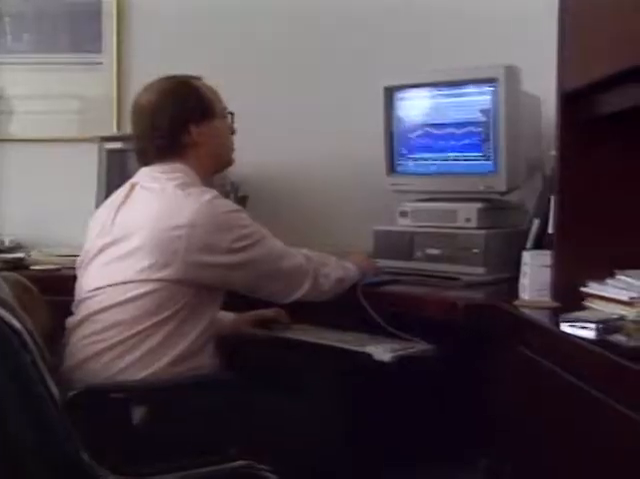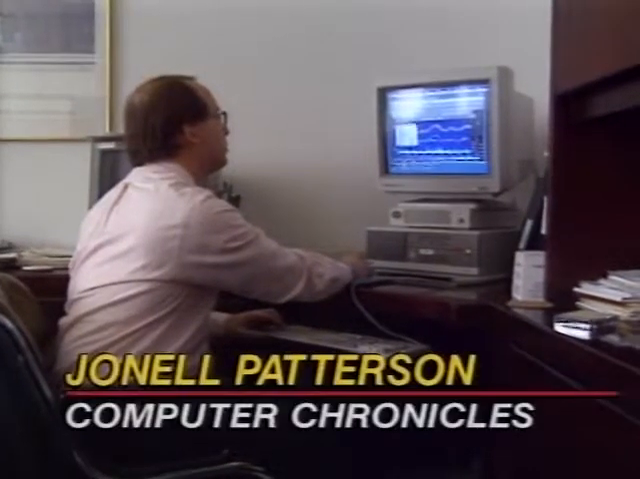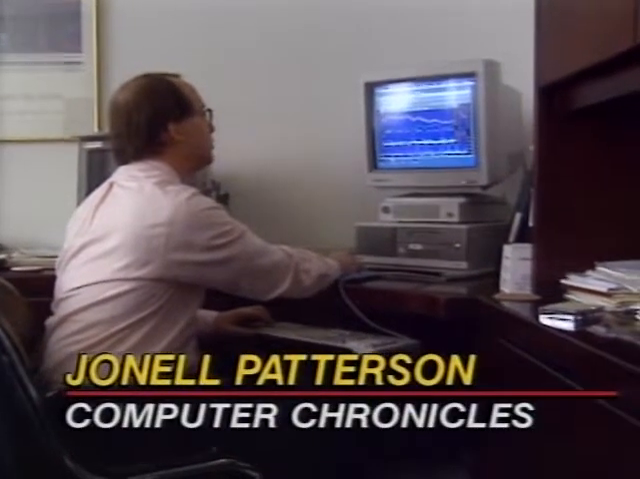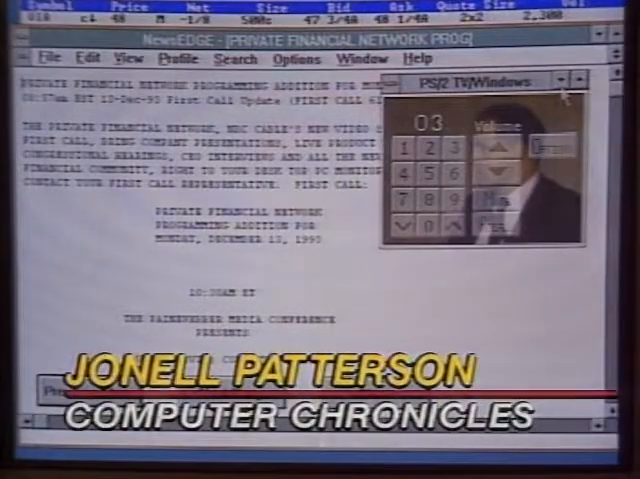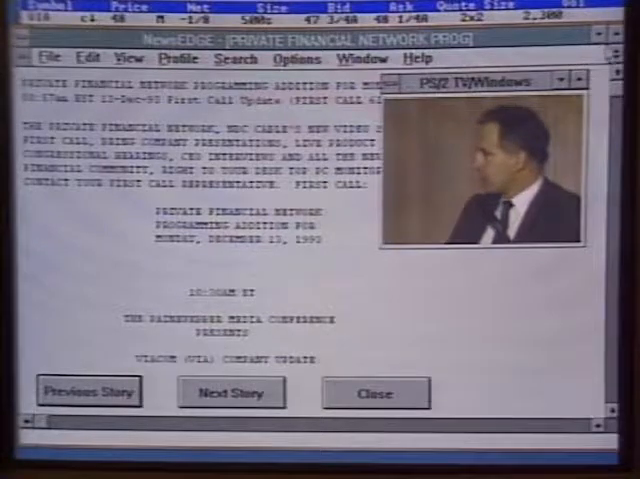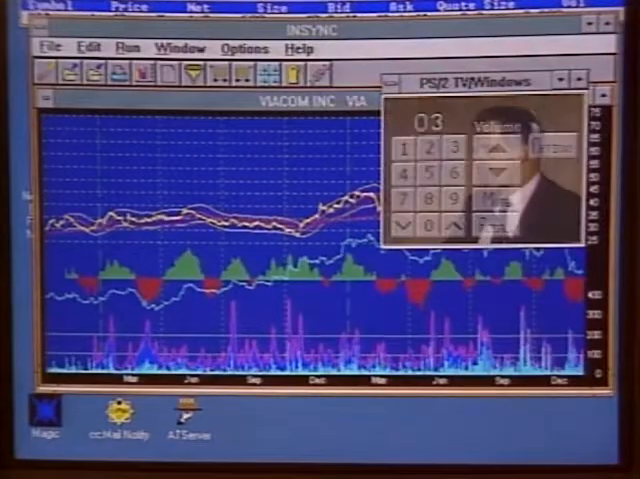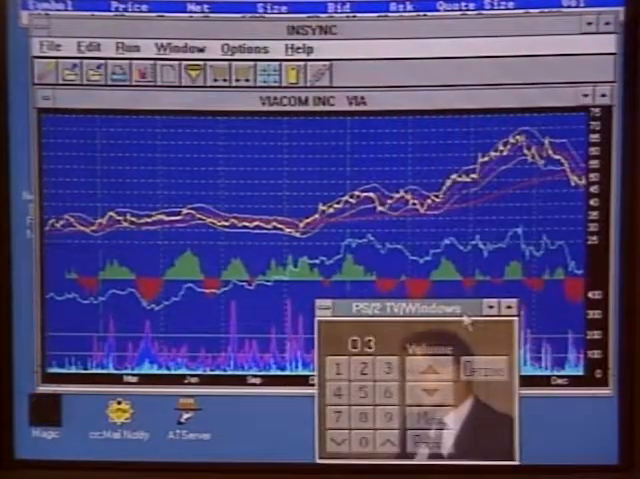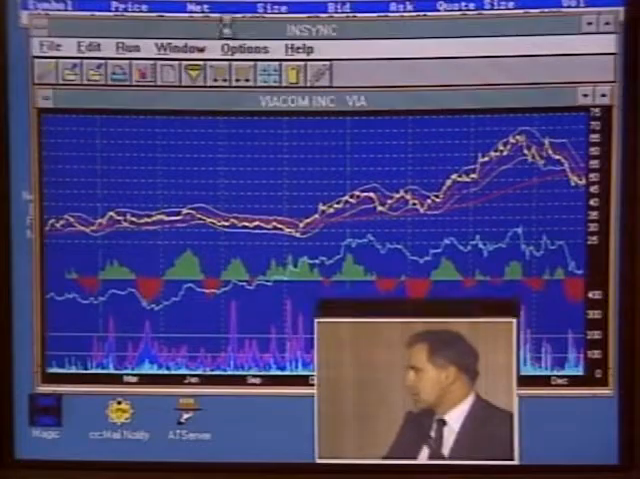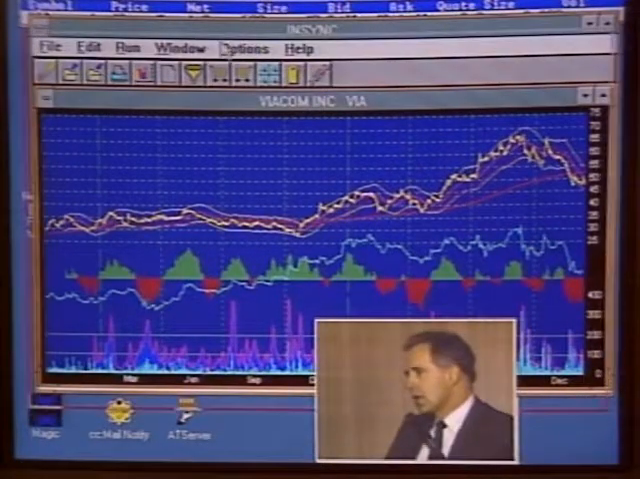Skip Klein is a healthcare analyst at T. Rowe Price, one of the country's largest money management firms and one of about 25 subscribers to the Private Financial Network. Television coverage of financial news and events is beamed via satellite directly to Skip's PC. A companion data service called First Call lets him access trading charts and other news about the subject of the